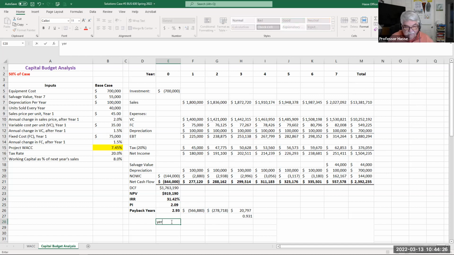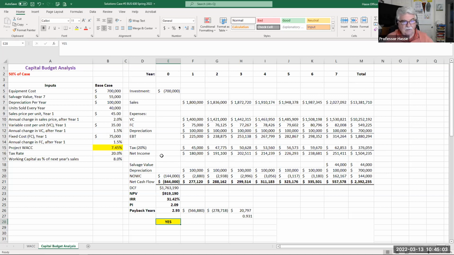Thus, we would recommend the project because of these excellent return figures. It would be given a yes, as asked for in your case. Yes or no? I think a yes. So that's the base analysis. $919,190 in present day cash flow profit, internal rate of return of approximately 31.5%, a profitability index of double the investment, and a payback in less than 3 years of the 7.